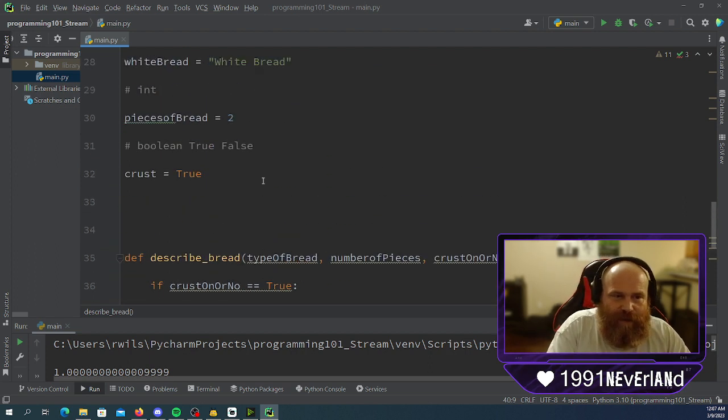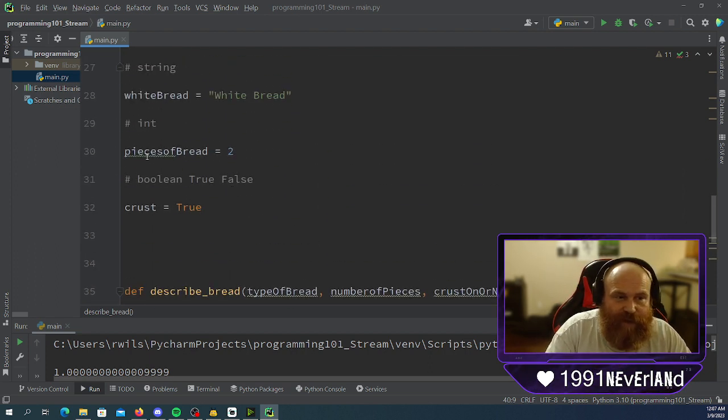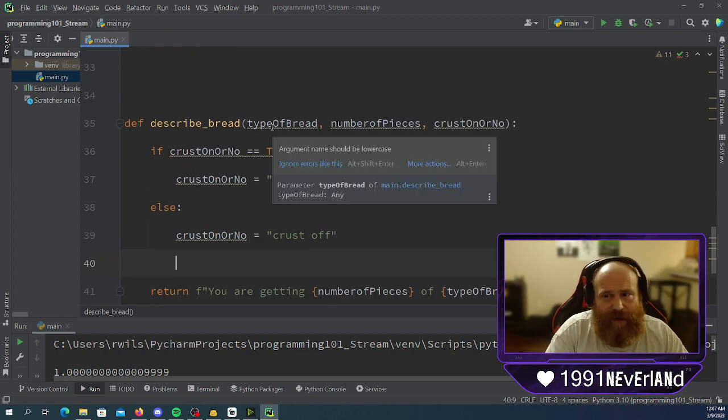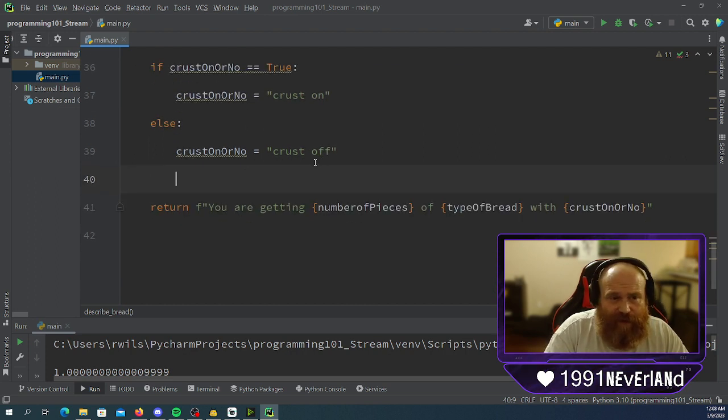But yeah, okay. So we've defined a string of white bread. We've defined pieces of bread, and we are going to put true for crust. We're going to define a function with parameters. We're going to take the type of bread, the number of pieces, and crust on or no. If it is true, we're going to change it to crust on. Else, we're going to leave it to crust off because technically,